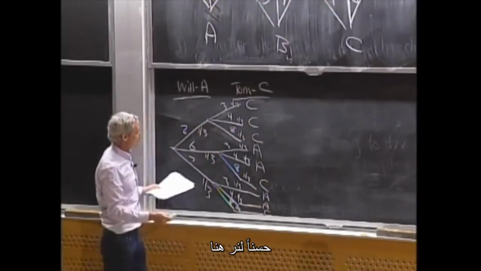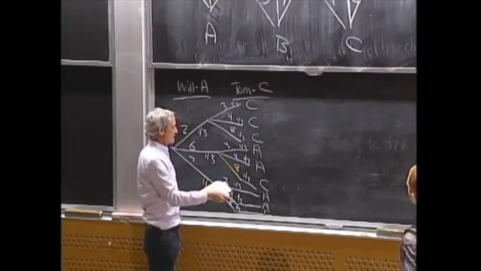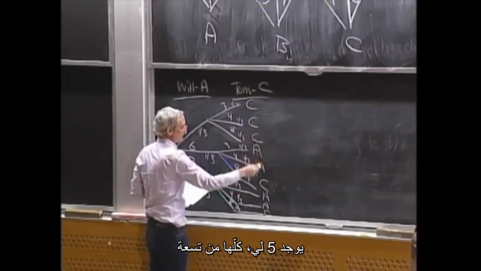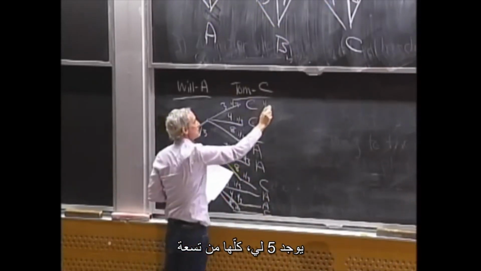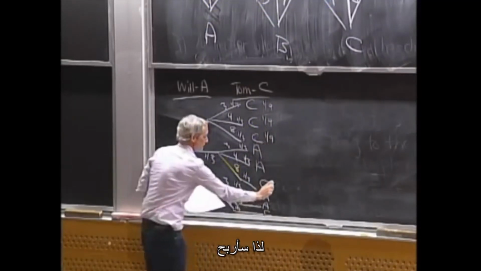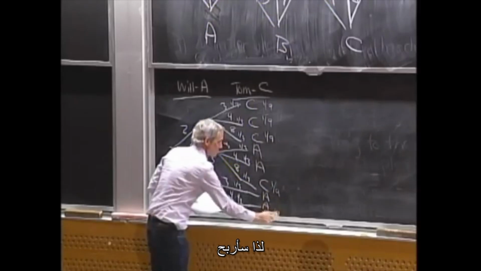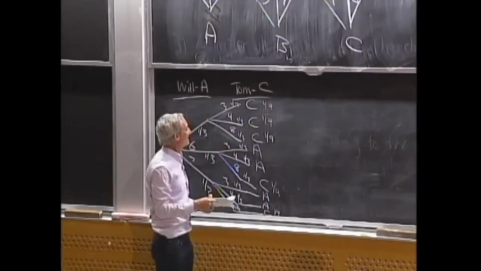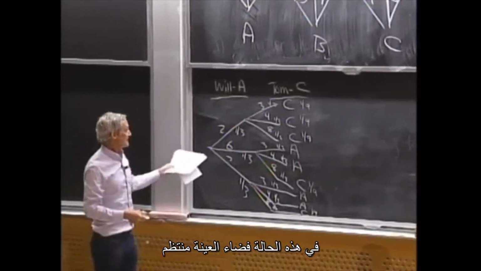All right, so let's see here. There's 1, 2, 3, 4, 5 for me, each at a 9th. All right, so I'm going to win. All right? Now, in this case, the sample space is